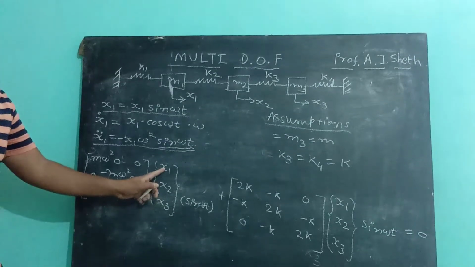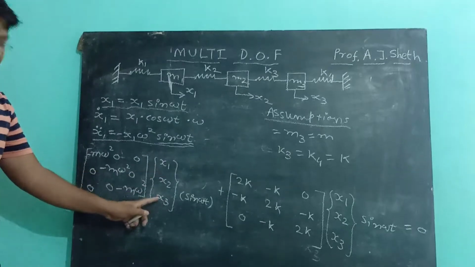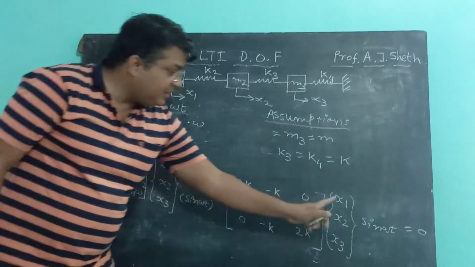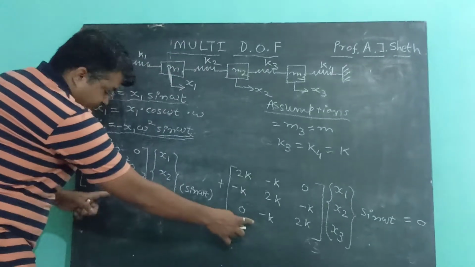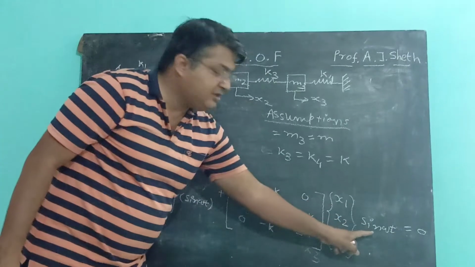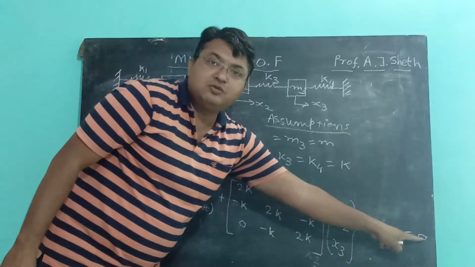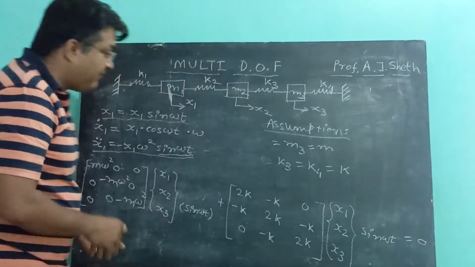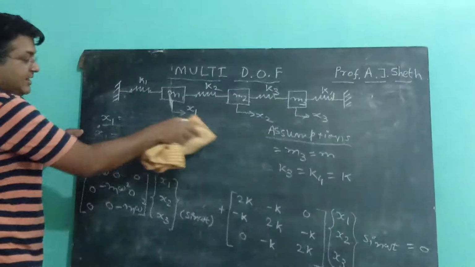Now the column vector or column matrix is x1, x2, x3. Here it is also x1, x2, x3. So we can add these two matrices. Sin omega t is a common factor from both of these. This will go to 0, so it will be nullified. Final matrix will be